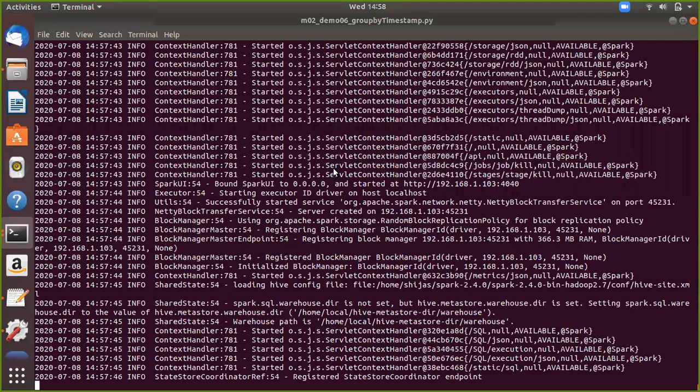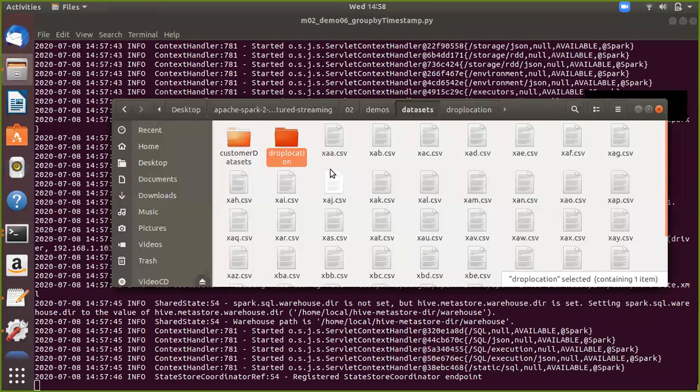So once it is started, I will push one more file. So I will push the other file.